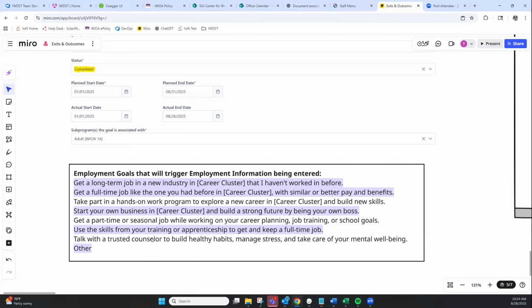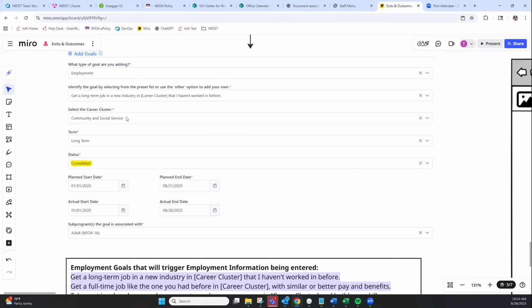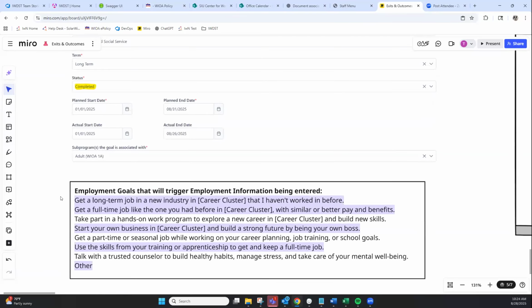They'll have the category, the type of goal selected as employment with the other, and then define it. So we're assuming here that it is some type of other goal related to employment. If they pick other under training or follow-up, we obviously wouldn't trigger employment. Right. And Taylor, correct me if I'm wrong, but in the event it's a one-off that happens to not